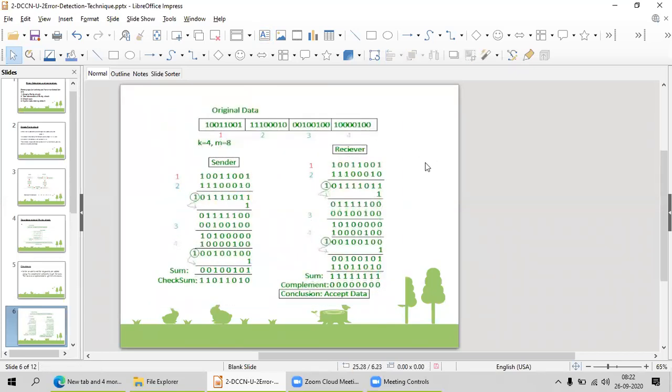Okay, good. First of all, I have 1 0 0 1 0 0 0 1. That is my first data word. I am going to add it with the second word. In this case, I am taking the one's complement of that particular thing.